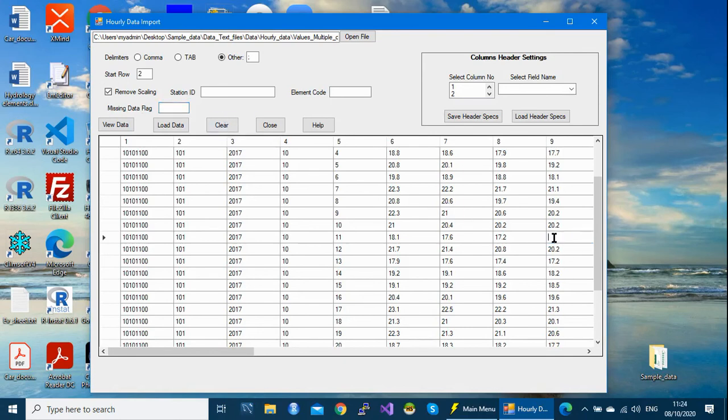But if you have a character like a C, or maybe a Q for missing, then here you specify Q as missing, so that wherever there is a Q, the system will know that Q is a missing value. Okay, so that's it.